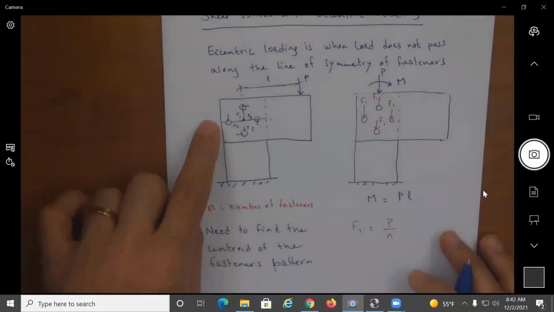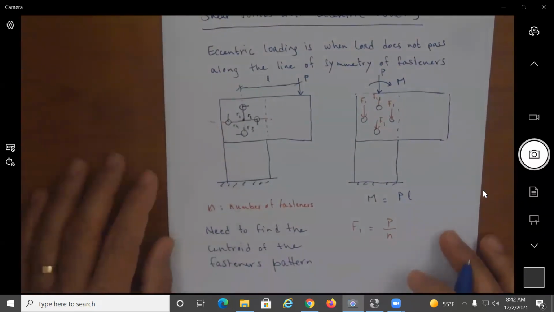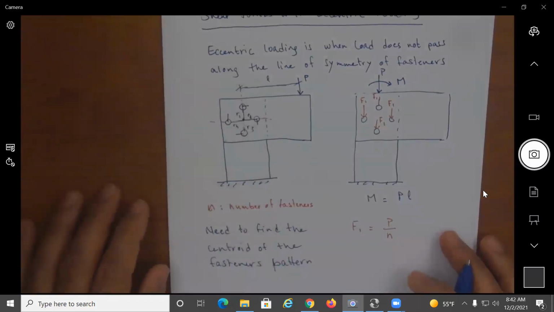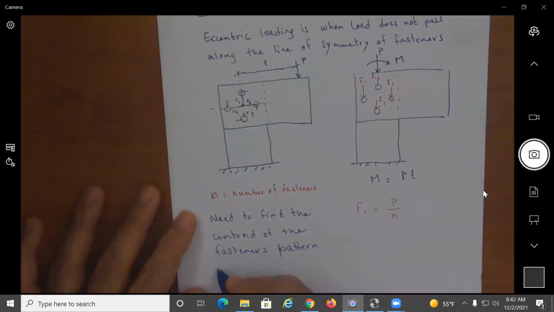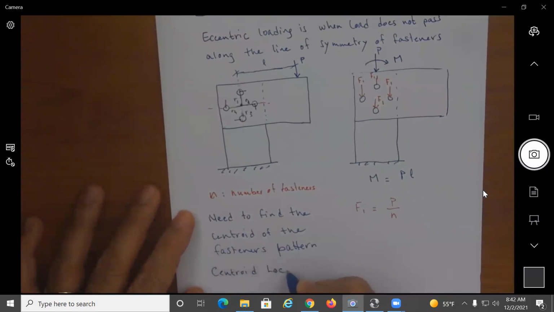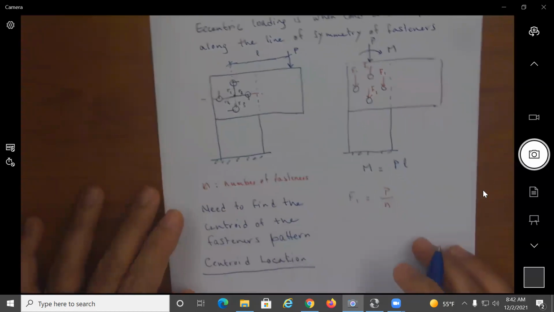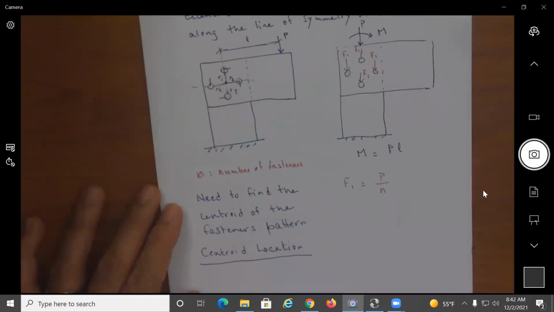Now, this could be as simple as something like this, where I have plain lines of symmetry, and I'm done. I just use the geometry. Or if I do not have any lines of symmetry, then we can find the centroid location similar to what we did in statics,